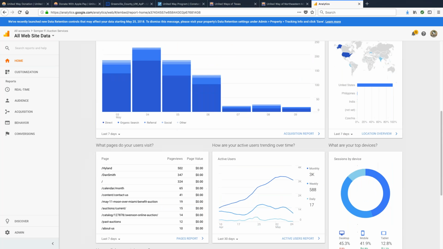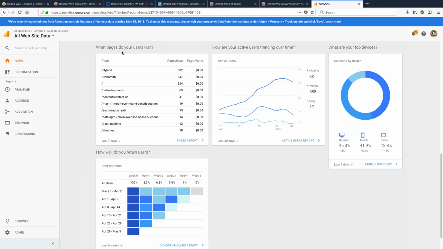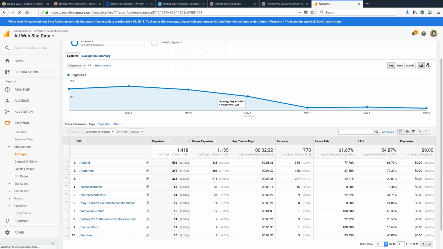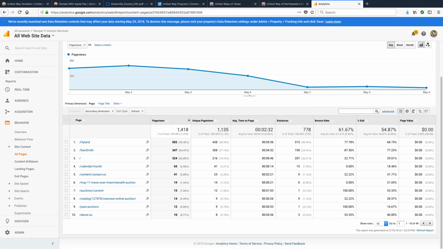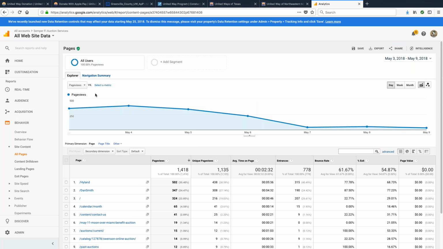Your traffic. You also have ways of seeing if they're coming from social media. So this is one, page visits. So the 2 auctions we had, the Highland auction and Dan Smith's auction. Highland was Saturday, Dan Smith was Sunday. Saturdays are always bigger than Sundays. So the numbers really correlate to what was going on for this business at that time and how many views there were. So again, the page views, what they're hitting, that's always interesting.